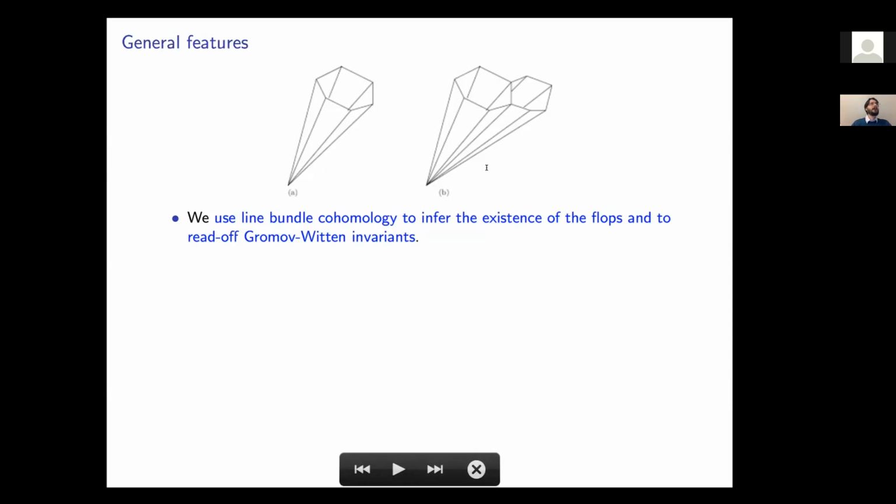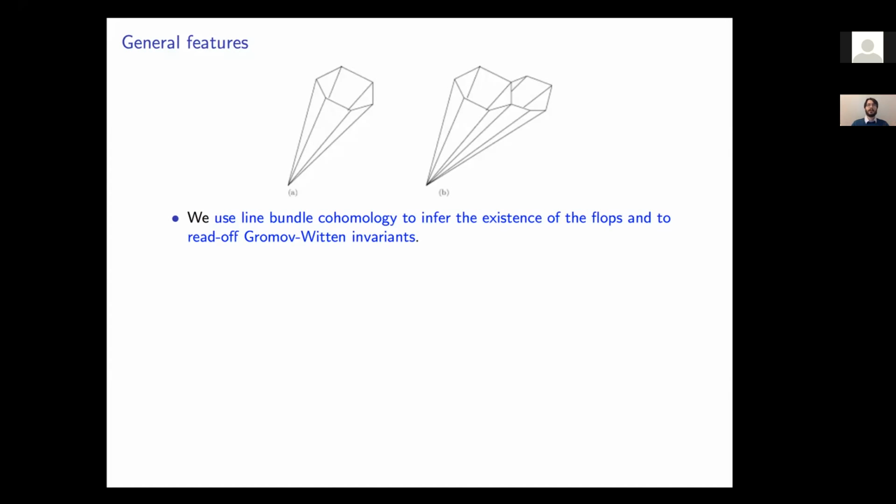So on CCs, we didn't know that there are flops. But what we did was to use line bundle cohomology and to infer the existence of such flops. And also we were able to read some Gromov-Witten invariants from this story. So the empirical data is that if you look at the zeroth cohomology, you have various regions, various cones, and